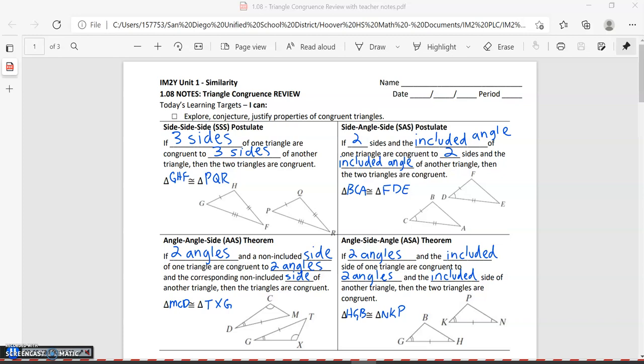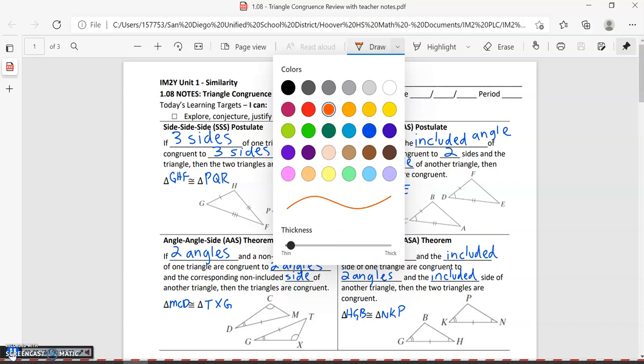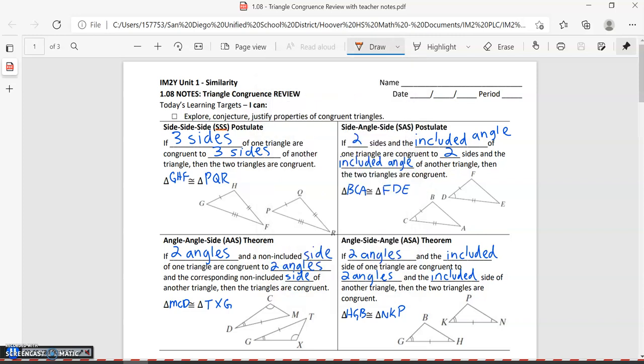So if you look at our postulates, you can see that we have them abbreviated. So we have SSS, SAS, AAS, and ASA. Well, an S refers to side, whereas A refers to angle. So the first one we have side, side, side. Well, it's three S's in a row, so it doesn't really matter as long as you have all three sides